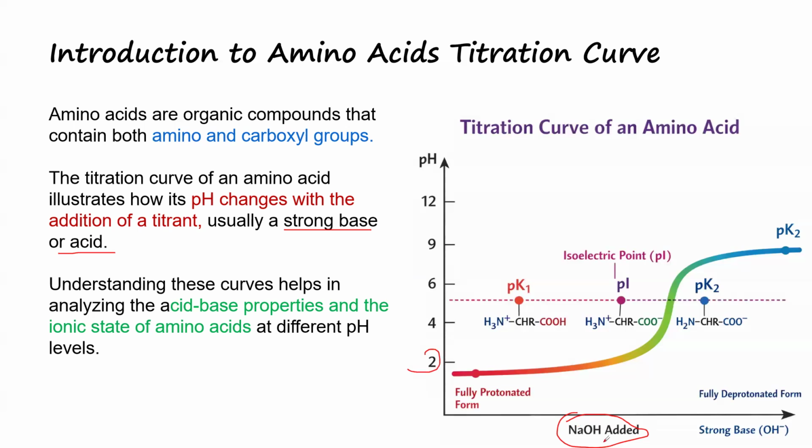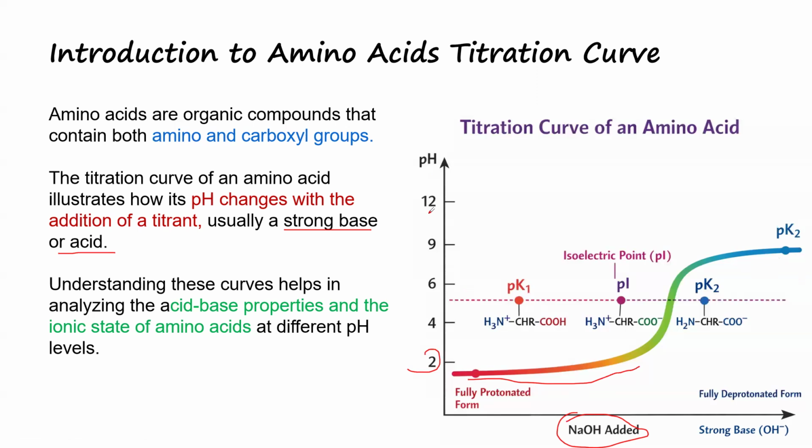So it can be based on strong acid added. So this is pH against sodium hydroxide added. And as you can see from here, the pH keeps changing. It started from pK1 then to pK2. So that is what we describe as